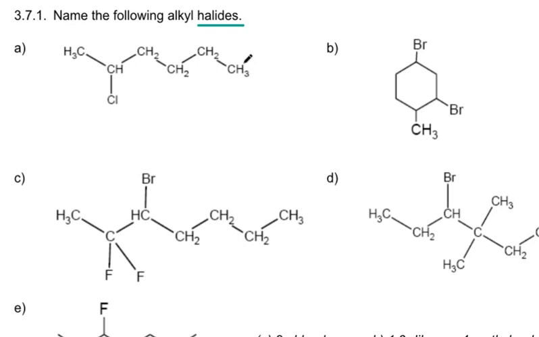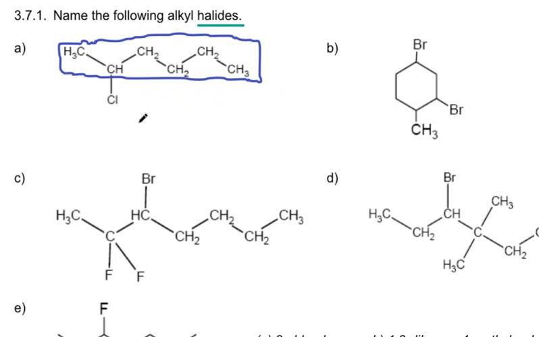Here we have a chain, a bunch of carbons, and there's a chlorine stuck onto it. What do we start with? The primary chain. This is 1, 2, 3, 4, 5, 6 carbons. There's all single bonds, so we can call this hexane. There's no hydroxyl groups or anything, so we're not worried about changing the ending to hexanol. It really is hexane. And there is a chloro group on the second carbon, so we call this 2-chlorohexane. That's it. Let's run through some practice